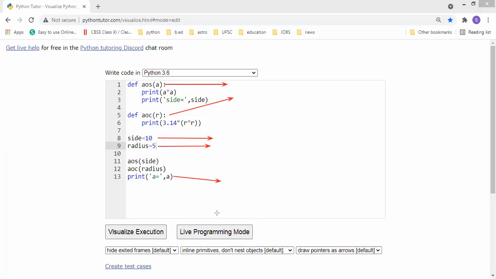You can show the error: this is a local variable, we cannot access it outside the function. So it is showing the error, that is name error. You should know the rules and the reason for the error. That is the concept. Understood by everyone? Yes, sir. Okay, very good.